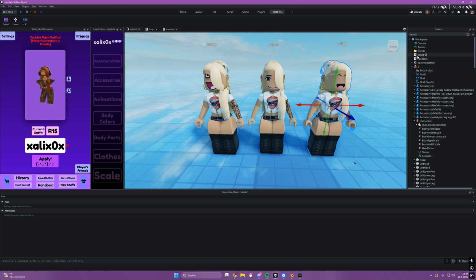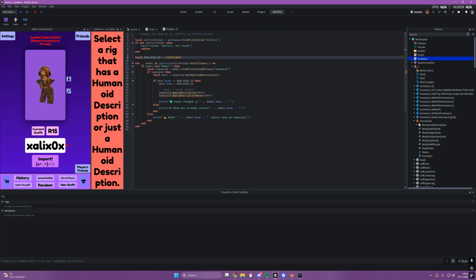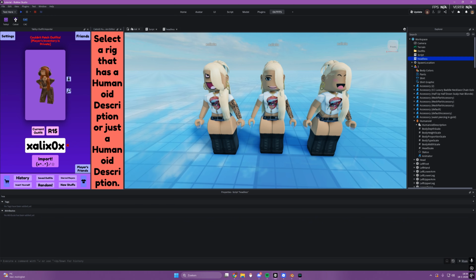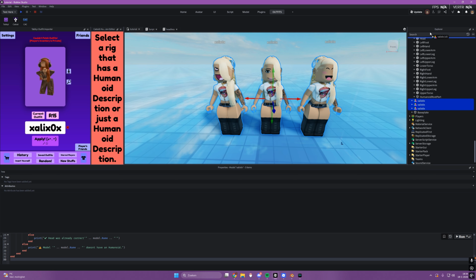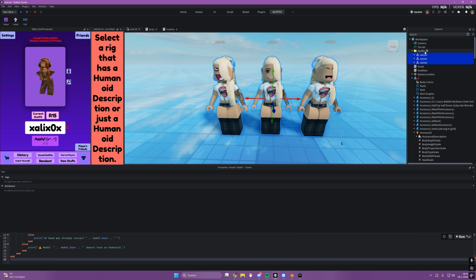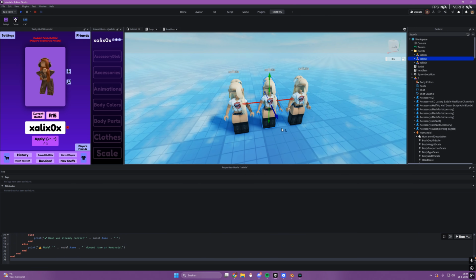All right, so what we're going to do, very simple. This is already correct, so you don't have to change that. You can obviously choose any head ID you want. And then we can paste it in here, run. Oh, and it doesn't work. Why? Because we didn't put this in the outfits folder. So I will make sure to put this in the outfits folder. And run. And as you can see, it changes to headless. All right. So very quickly,